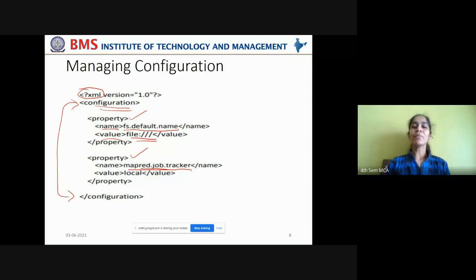We are setting the MapReduce job tracker to the local machine itself. On this local machine, we have the local file system set, and the job tracker also set. It means that for this MapReduce job, you are taking the local machine to act as the job tracker itself. For that, you are setting these two configuration properties in the Hadoop local.xml file.